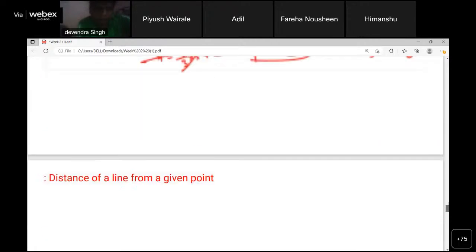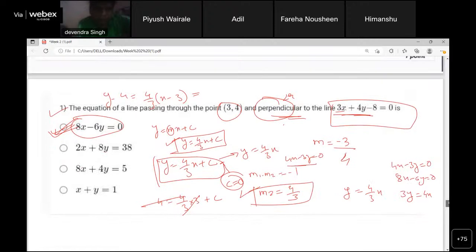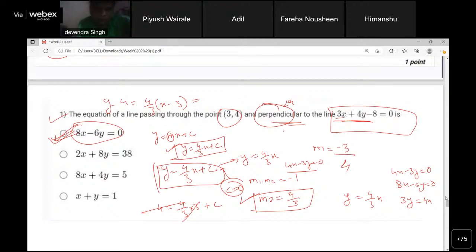So, sir, c becomes 0 here. Then how are we getting this 8x minus 6y if c becomes 0? If c is 0, the equation becomes y equals 4x plus 3, right? I just put c equals 0 here, then simplify: 3y equals 4x, that is 4x minus 3y equals 0. Just multiply it by 2 on both sides, 8x minus 6y equals 0, right?